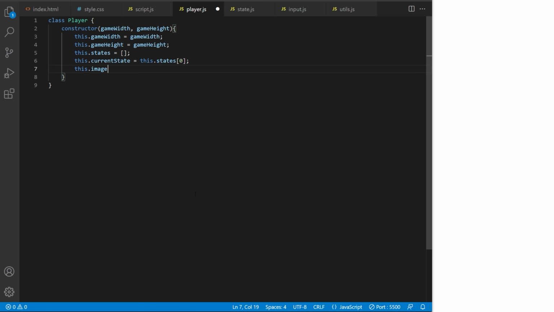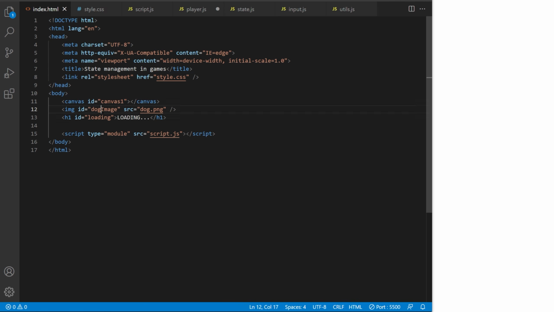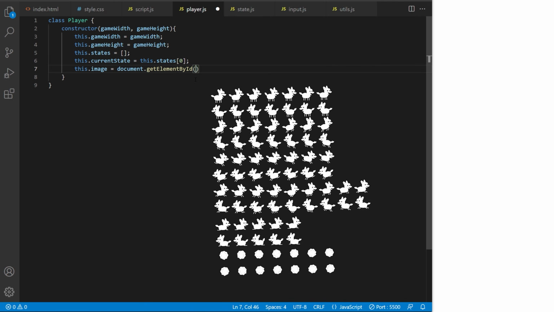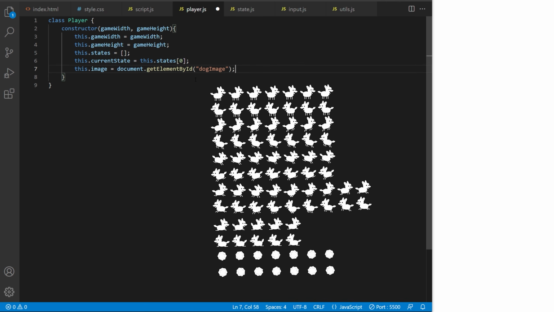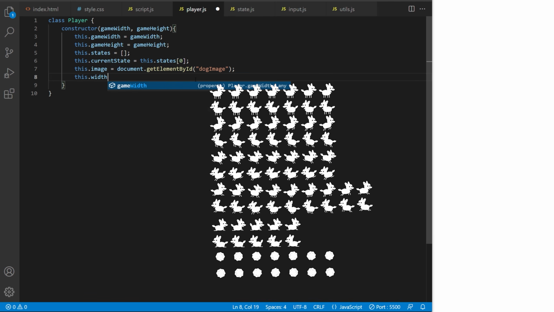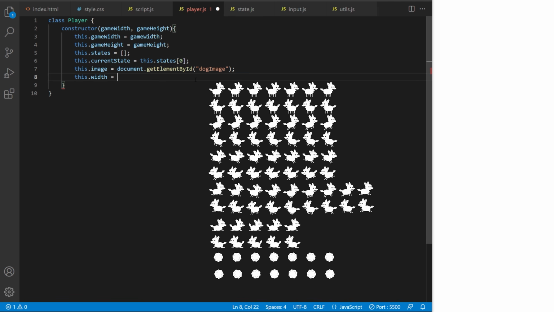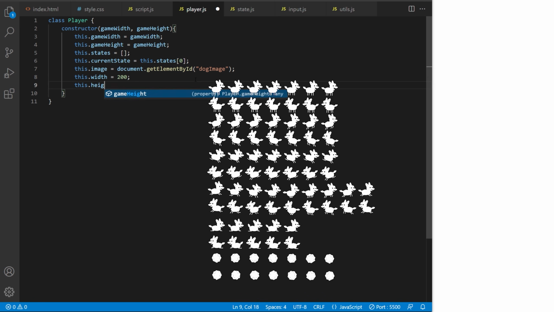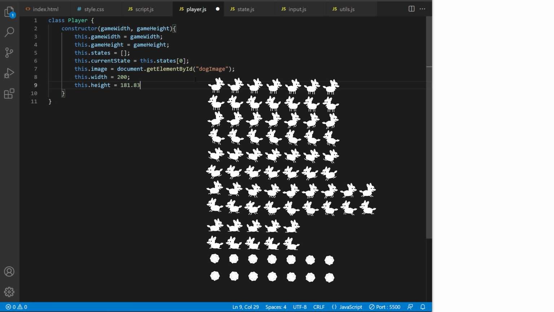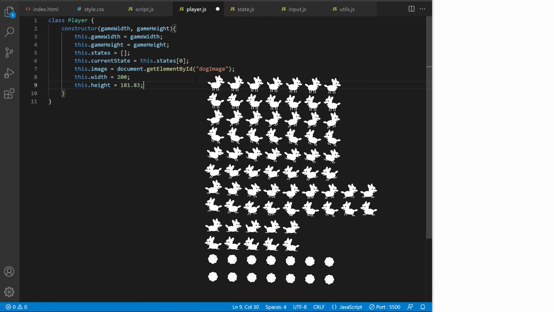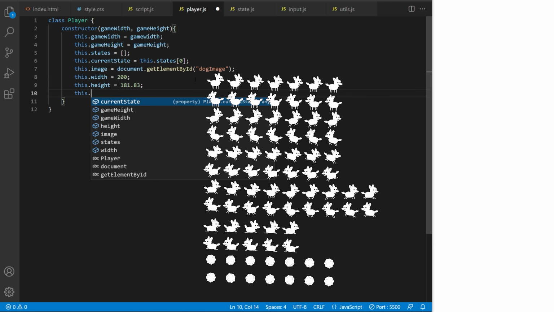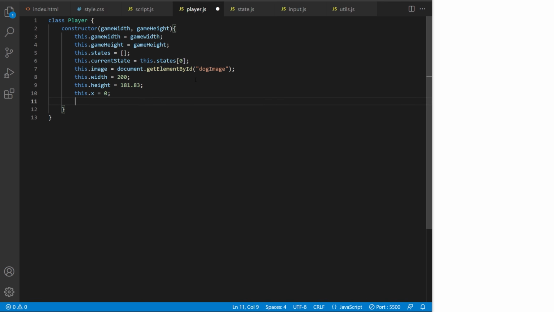This .image will be the doc sprite sheet. I already loaded it into our project on line 12 in index.html, so here I just point this variable towards it using its doc image ID I gave it. The doc image is a sprite sheet with multiple frames. When you divide width by number of frames in the longest row, or you can think of these as columns, you will get width of one frame. In this case, it's 200 pixels. Height divided by the number of rows will give us the height of a single frame, in this case 181.83 pixels. Let's first draw it at x and y coordinates 0, 0, so from the top left corner of canvas